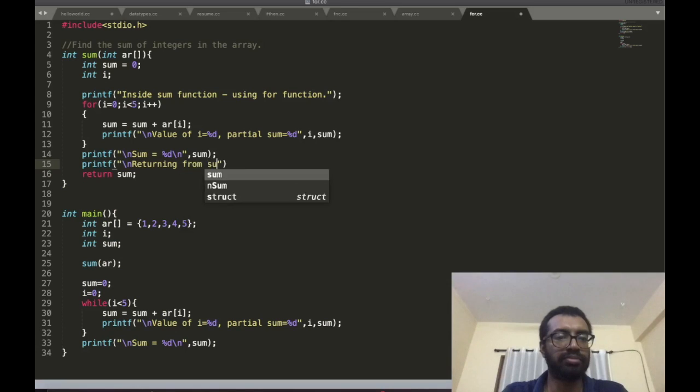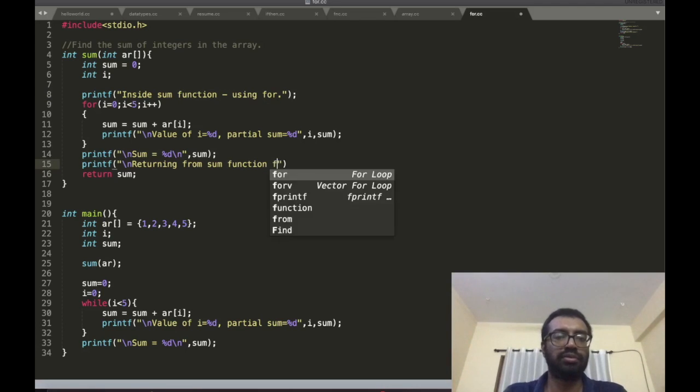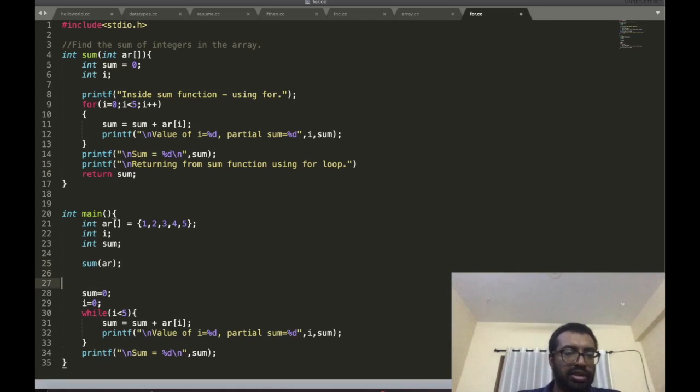Returning from some function, using some function. Okay, I will just return like that, and then I come back here and I will just print that statement here. I'll just printf starting to